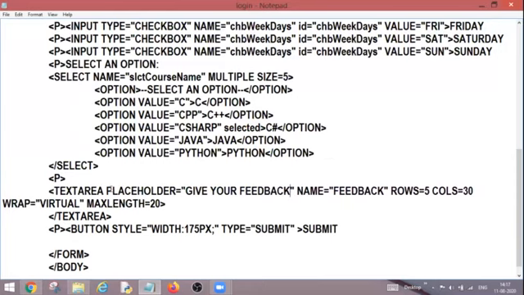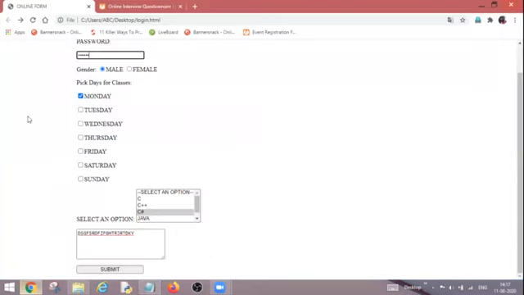I have written it, Control S. Now I am going back and pressing refresh. So let me refresh it again. So I am getting this, give your feedback, and this text is appearing as faded text. Once I start typing over here, the text which was appearing will disappear automatically.